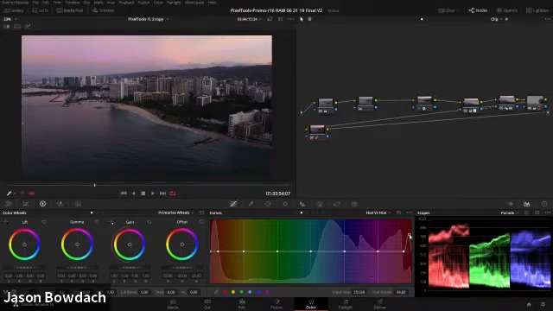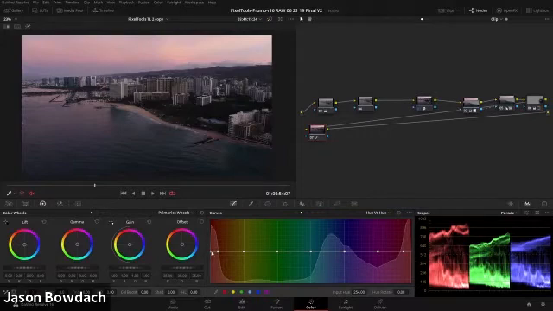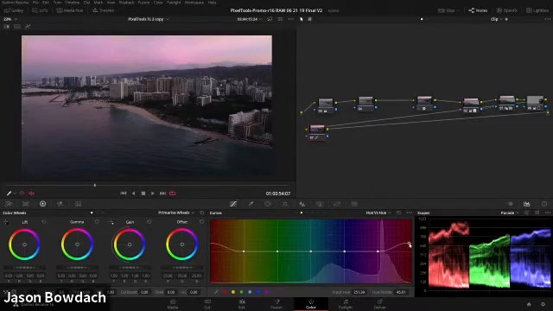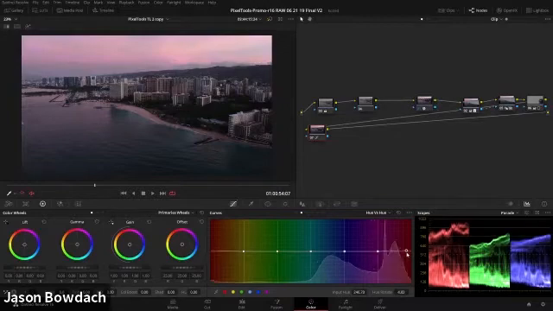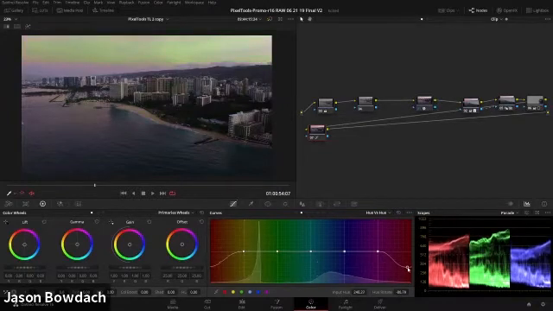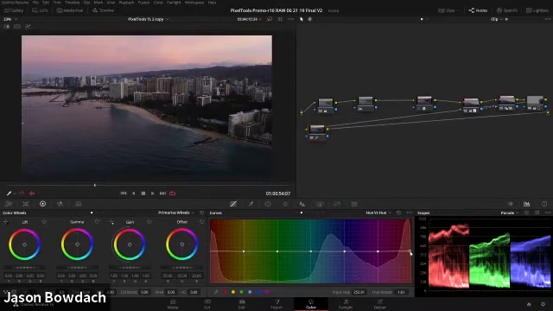Now you can see it's posterizing because I have too many dots right here, and I'm basically trying to make too fine of a correction. What I'm going to do is make a much broader correction to all of magenta. Now I'm pushing, and you can actually see what's happening right in my hue versus curve. You can see that all of magenta is shifting over to blue, and all of magenta is shifting over to green. So let's do a much, much milder effect.